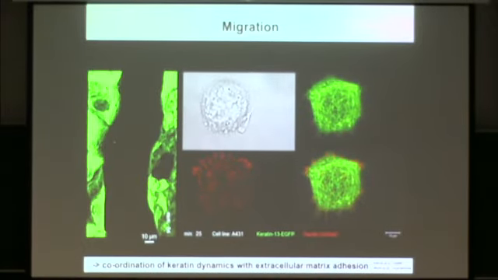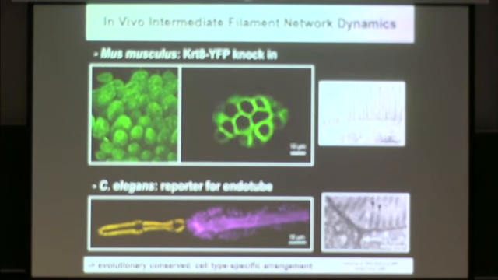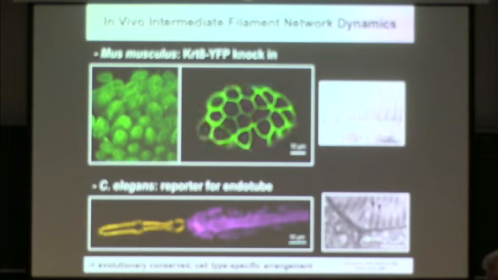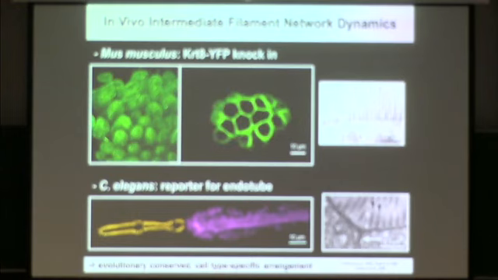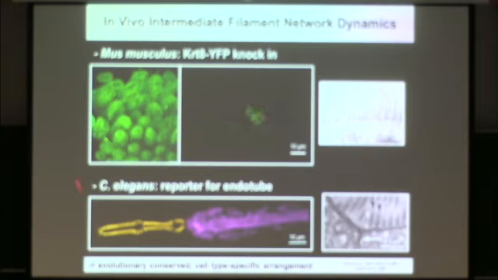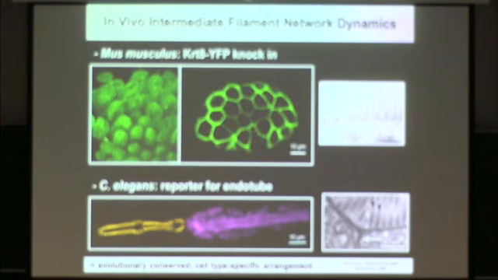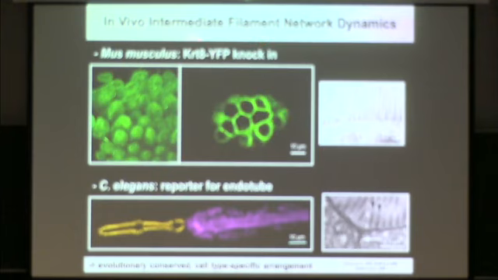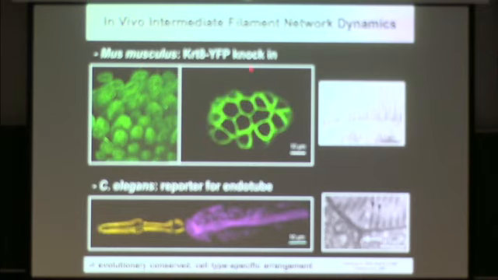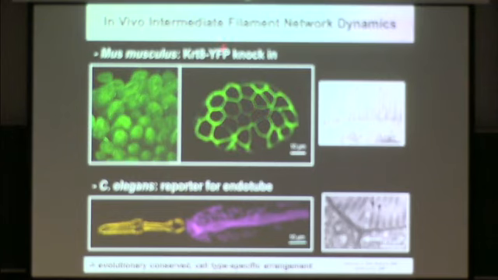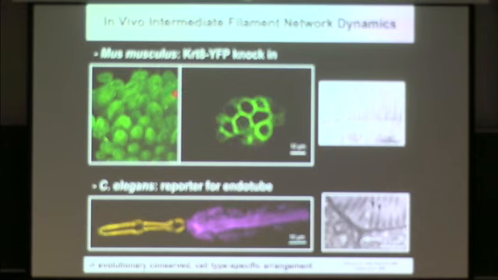Now, to examine properties of the keratin system in a more physiological environment, so to say, we made use of mice and also of a model organism, C. elegans, in which we introduced reporters. In this case, in the mouse, we actually replaced the endogenous gene for one of the keratins, keratin 8 in this example, by a YFP labeled protein that's encoded by the endogenous gene now that's been modified. And this is just one example here of a tissue,